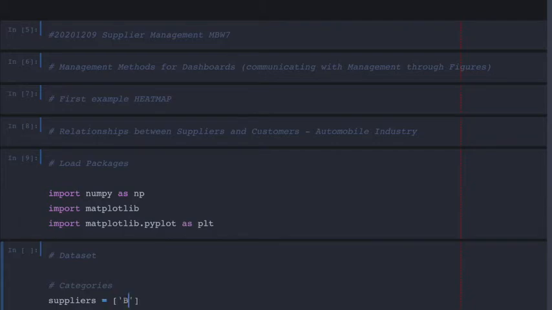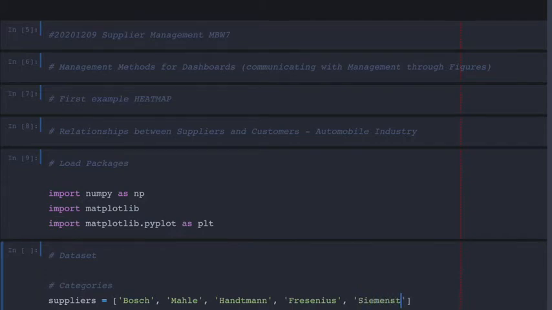Let's say it's Bosch, and it's Mahle, and it's, I don't know, Handmann, and it's Fresenius, and it's